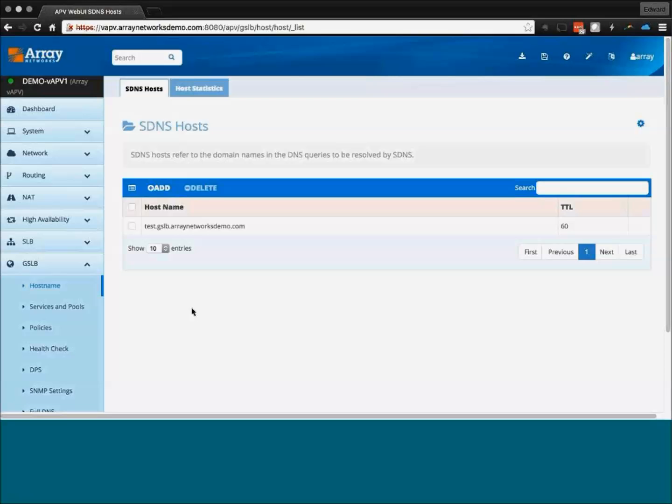Well, the real issue is, how are you going to get the client or the end user from A to B? And you would do that through global server load balancing. One of the things we do really well is handle that automation for you. So you can simply